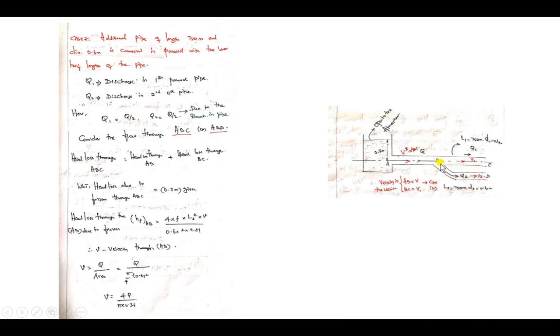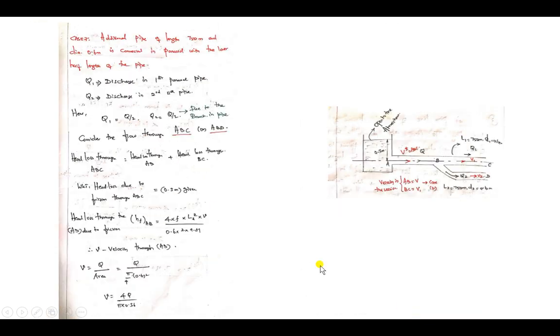Now in the second case, we will include this part, that is, BD also we will include. An additional pipe of length 750 meter and diameter 0.6 meter is connected in parallel with the second half length of the pipe. So now Q1, in the first case, what we have calculated here, this Q equal to 0.0685, is from point A, and at point B, at point C, at all the points the discharge is 0.0685. So the discharge in pipe AB is 0.0685. Now the discharge is the same from point A to point B, because it is not disturbed.